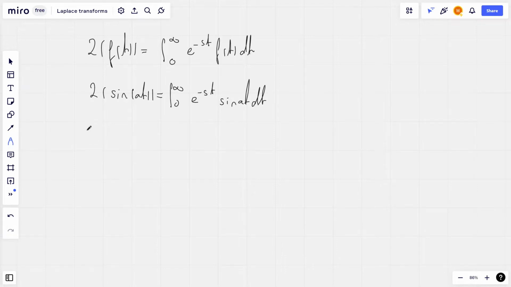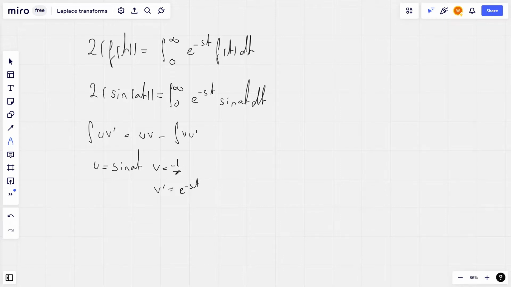If we remind ourselves of this formula, then if we set u equal to sine of at and v prime equal to e to the minus st, we get that